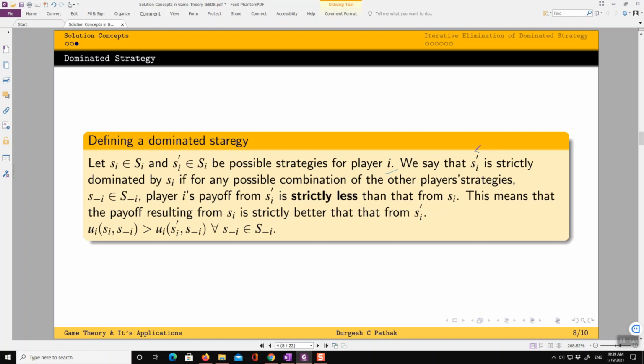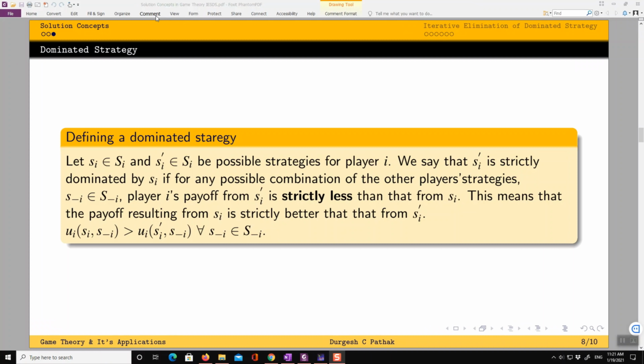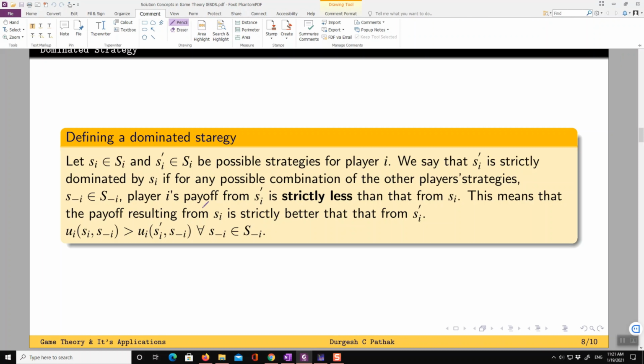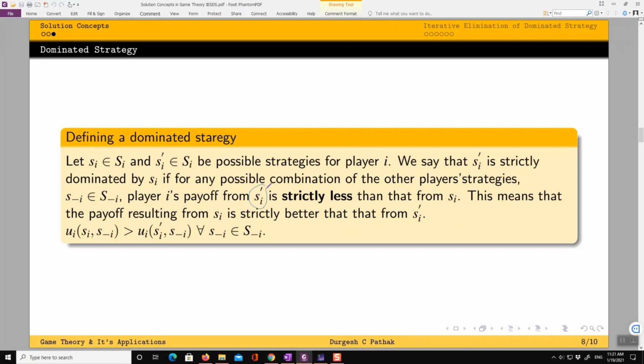We say that Si dash is strictly dominated by Si if for any possible combination of other players' strategies, S not i, meaning players other than i, player i's payoff from strategy Si dash is strictly less than what he gets from Si.